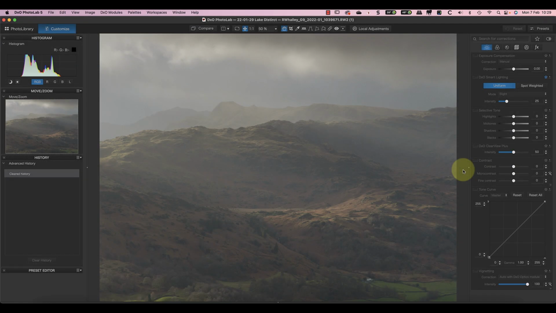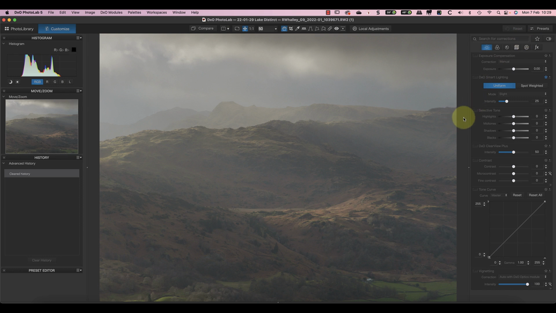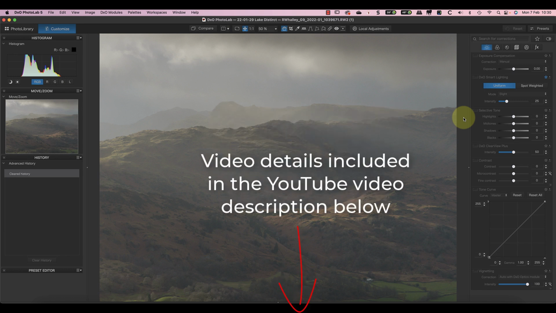At the moment, I don't have any adjustments applied in Photolab. I do this with all my images because I like to build up the adjustments so that I can see what they're actually doing. Despite this, my first step is always to apply what I call my default adjustments, and in fact I have these saved as a preset which I can use, but rather than use that, I'll show you what they are. Now, if you want to know more about these, I do have a separate video, and I'll include information in the YouTube description below with a link to that video.